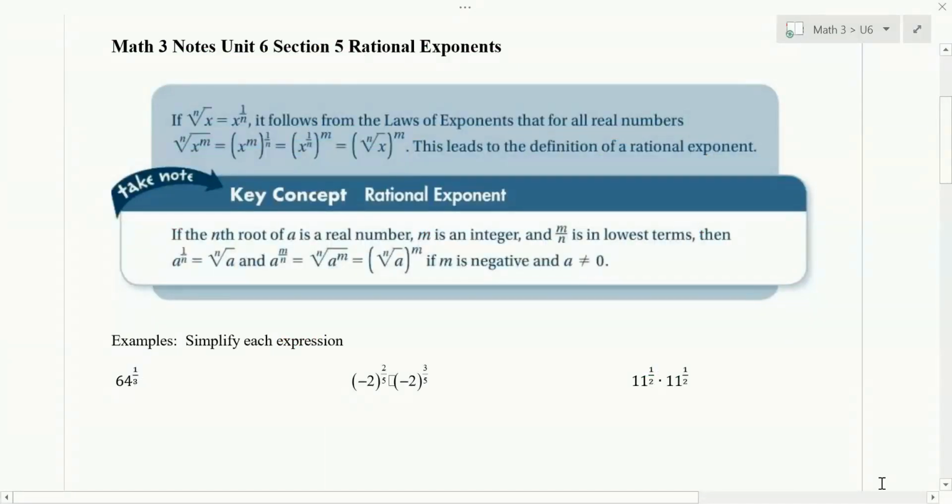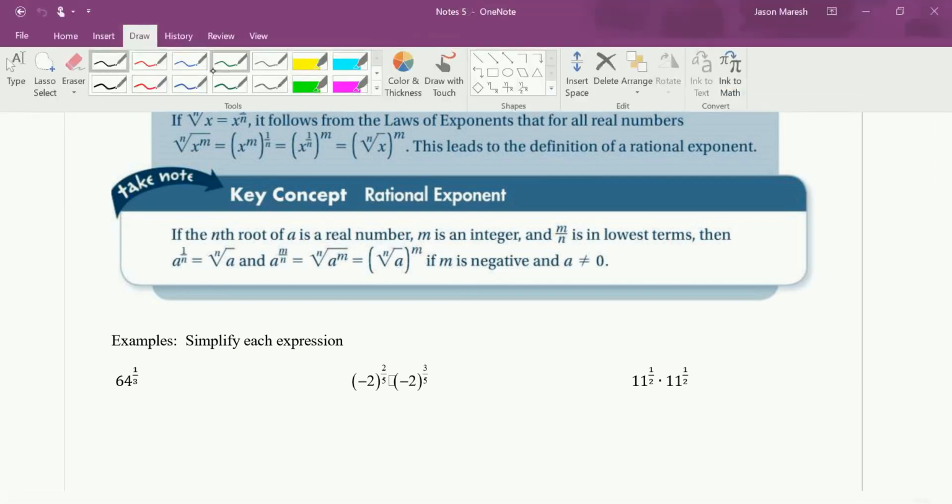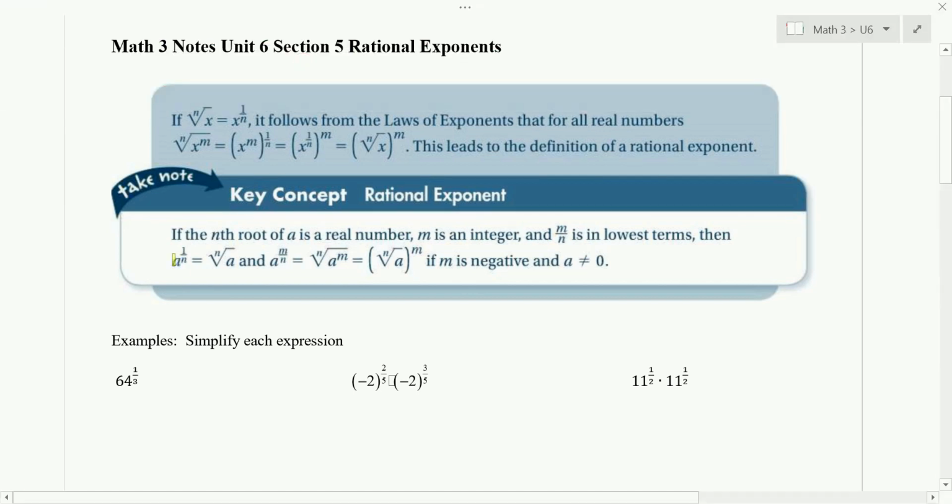Exponents. Okay, we're going to look at when the exponent is actually a fraction, and what that means and how that relates to rational or irrational expressions and radicals and those kinds of things. So first of all, this part right here, a to the 1 over n is equal to the nth root of a. Okay, so that's going to be our first key or our definition that we're going to use for a rational